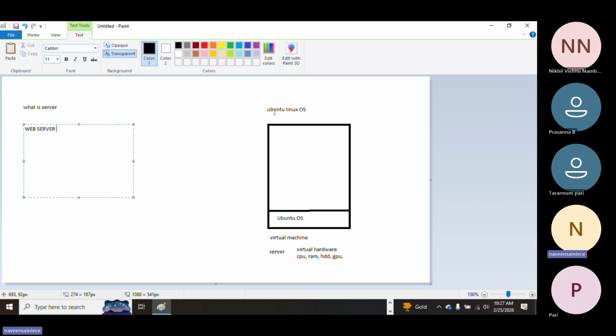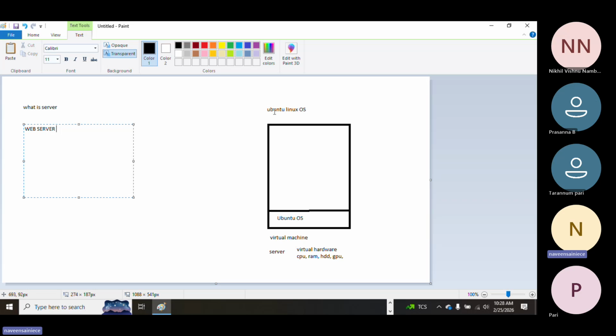That server will be Ubuntu. Now that server you can make a mail server, a web server, or a database server; that is your choice. If the VM is running on the cloud, then it is a cloud server.